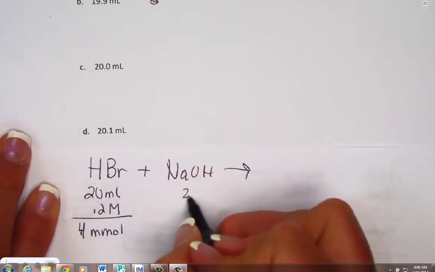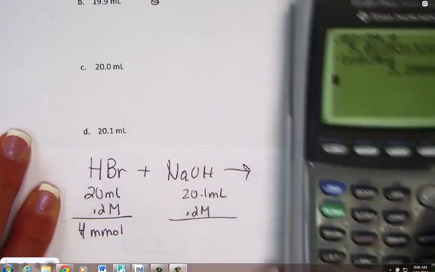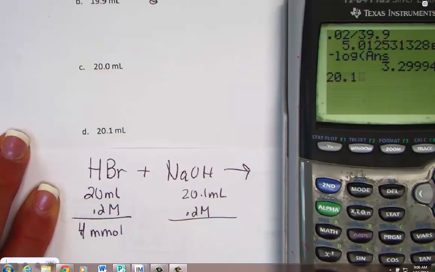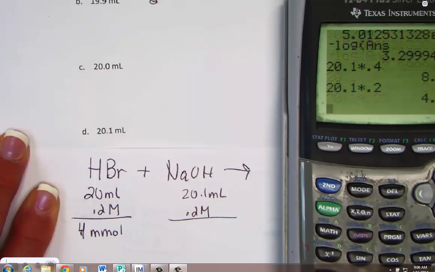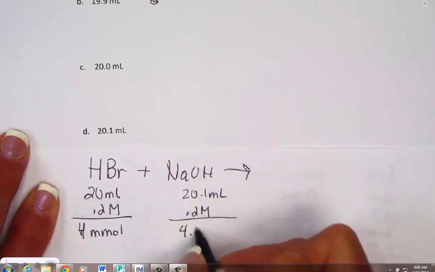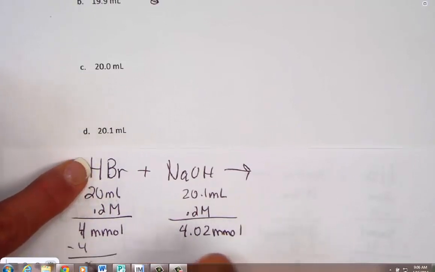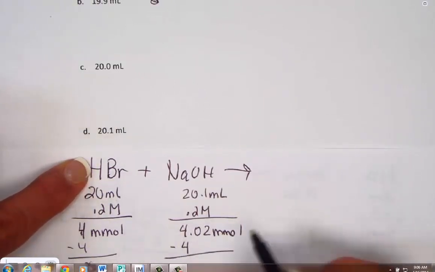And now we've added 20.1 mils of base, its value 0.2 molar. So find out how many millimoles. We've gone past the equivalence point. So now we're looking at 20.1 times 0.2 molar is 4.02 millimoles. So clearly we see that the limiting reagent has now switched to the HBr. It's completely used, and along the way it's consumed 4 of the 4.02, so we have 0.02 millimoles of base